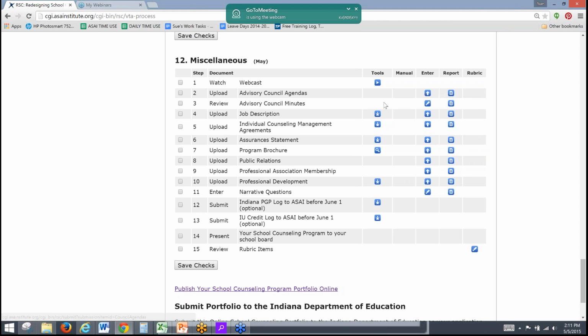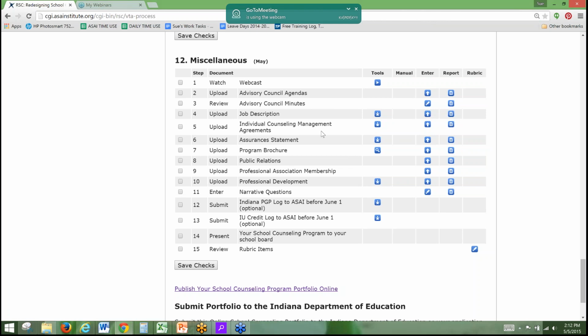Same thing with the next one. This is 1 document, you scan it into a PDF, and you've uploaded it. On your minutes, we just want to make sure that you've reviewed the minutes. If you click on this, notice this is not an uploader button, this is an edit enter, and it looks different than the one above it. So you just go in and check each of your 6 minutes, make sure that they're the way you want them. On the job description, here's where you can download the template or the sample, and you can edit that. Just download it and work with that, and then when you're happy with what it is, save it and then upload it.